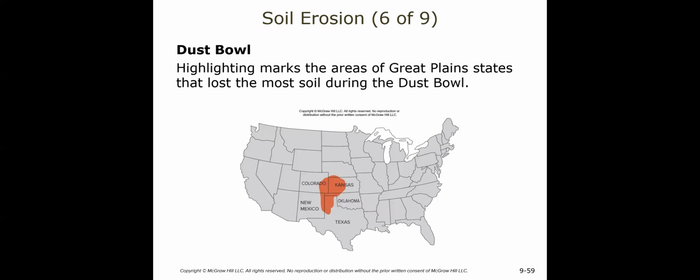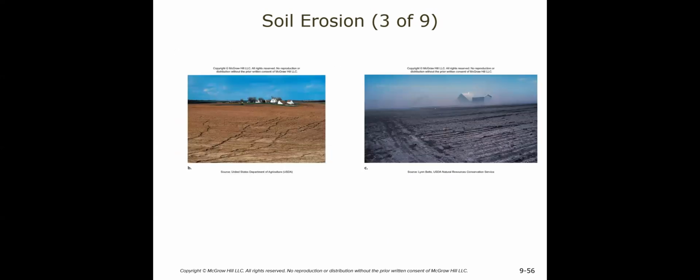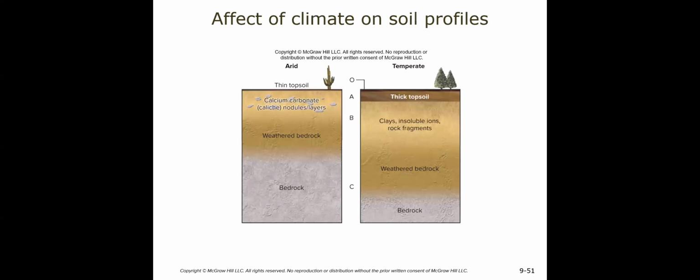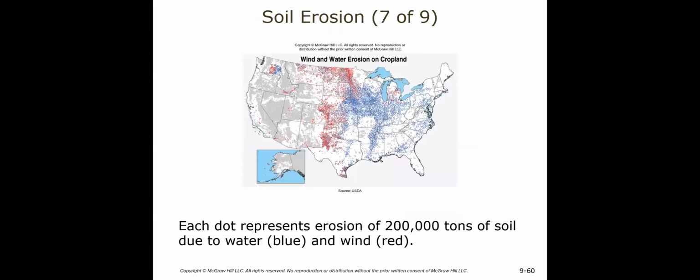There's the Dust Bowl that we were talking about before, that picture. All the stuff in that red there lost its soil. You don't grow plants in weathered bedrock. You grow it in soil, right? And then here we can look at pictures of dots representing erosion of 200,000 tons of soil due to water and rain. Noteworthy here, the blue, that's tracing down the Mississippi River and its